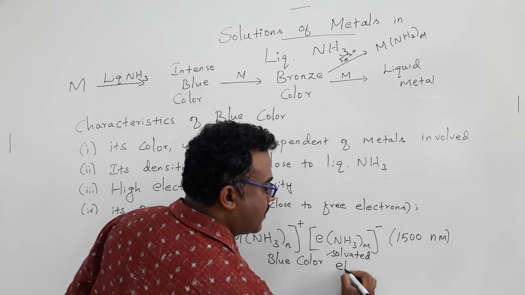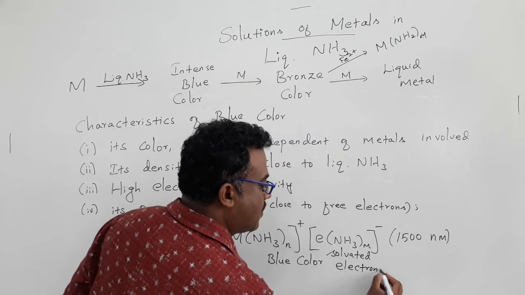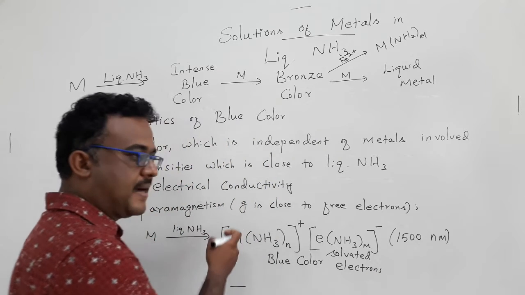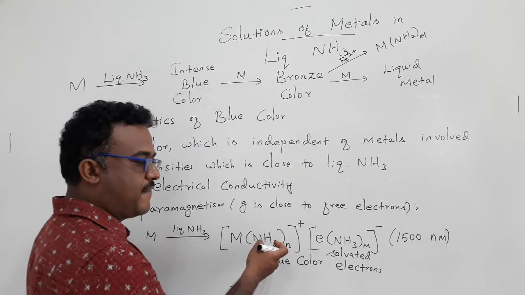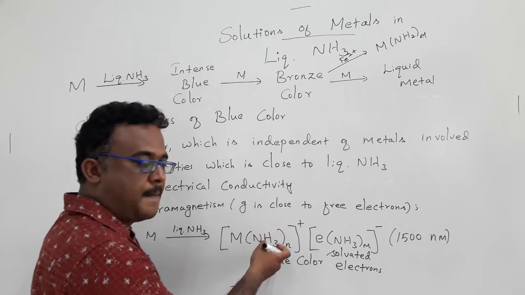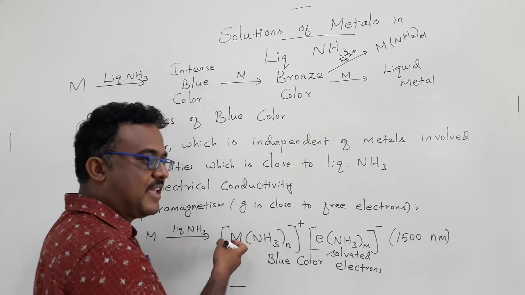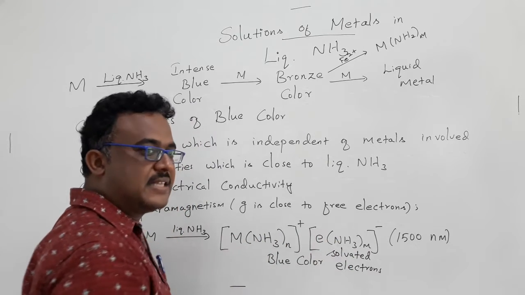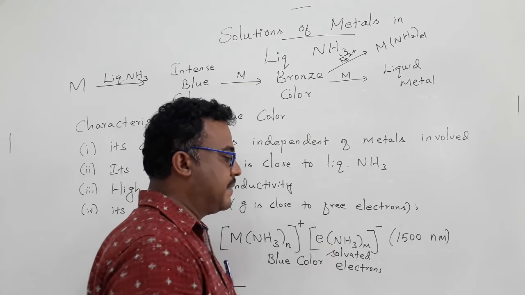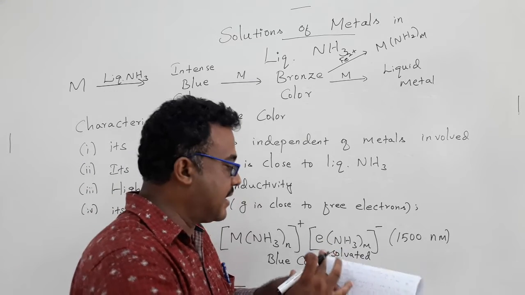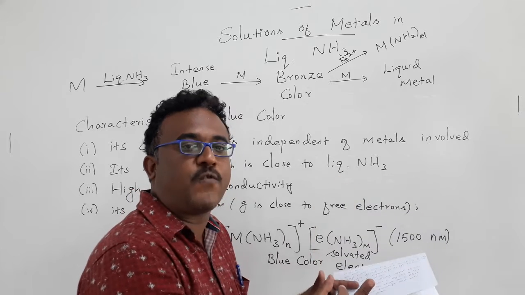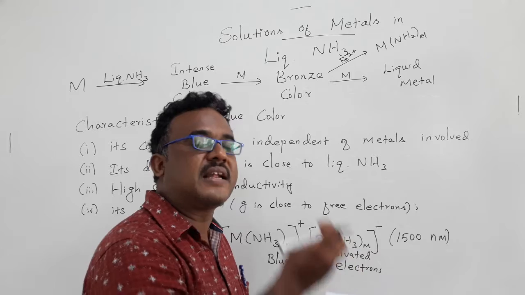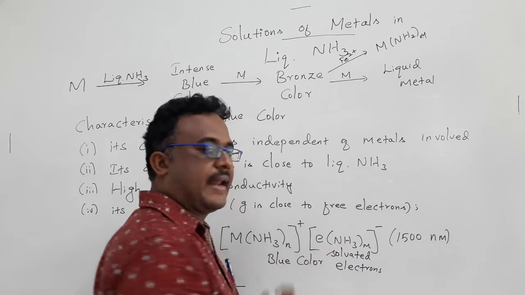Solvated electrons. In this one we know that one metal ion is surrounded by ammonia. For example, if the metal ion is lithium, the number of ammonia molecules will most probably be 4, because 4 ammonia can surround the lithium ion to form a tetrahedral geometry. And in case of the solvated electron, what does it mean? Solvated electron means the ammonia molecules are associated to form a cage type structure having a cavity. That cavity is occupied by the electron.